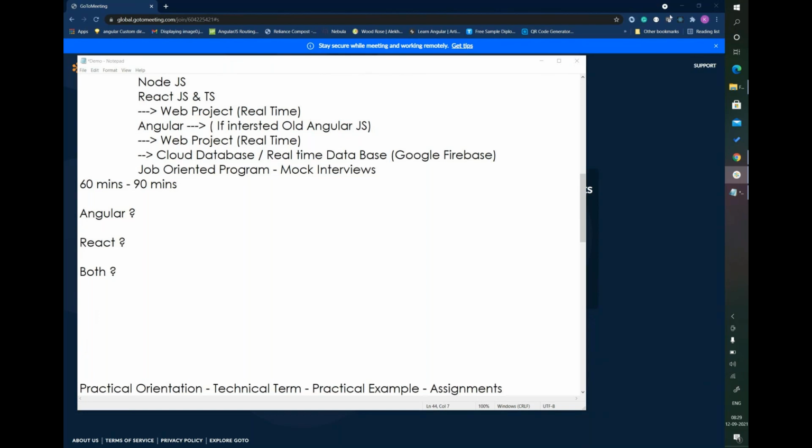Which one is best, sir? I'll give you that. First of all, I'm just trying to understand your perspective: what you know about Angular and what you know about React.